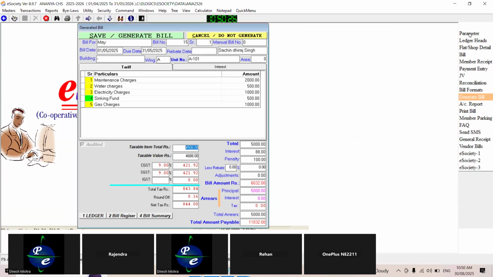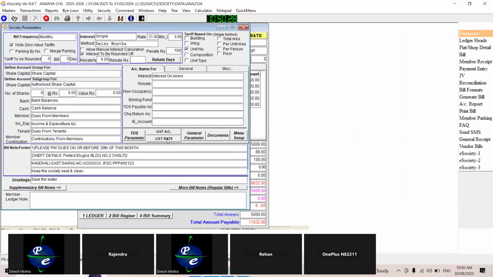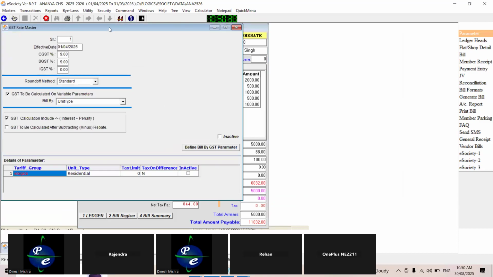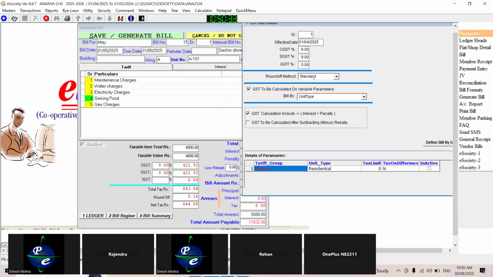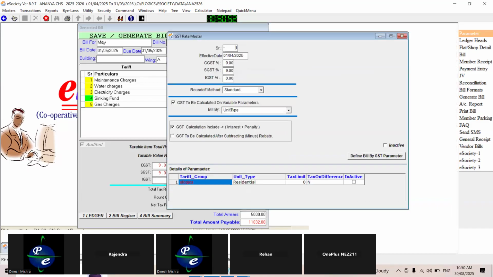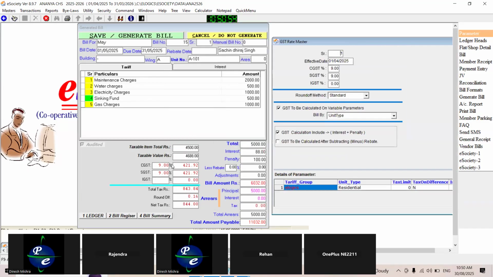Now go to parameter GST rate. As we have selected round off method standard, in this scenario we can see both amounts get added, that is the amount gets 843.84 rupees, and in the standard method this is rounded off to 844 rupees. Now here we can see this CGST and SGST amount is